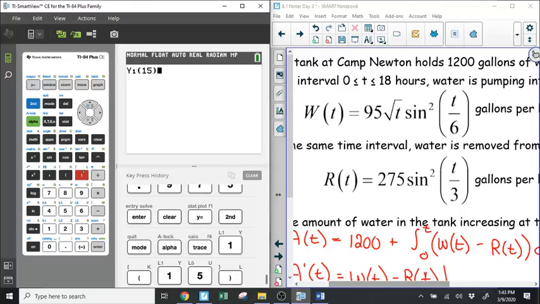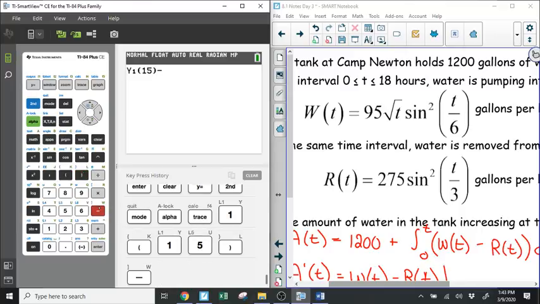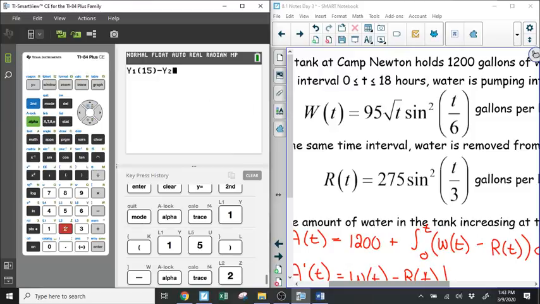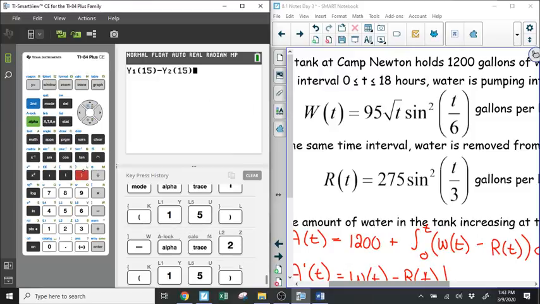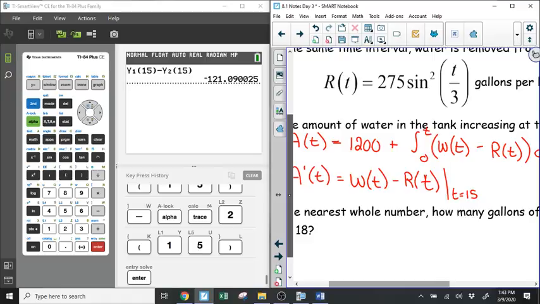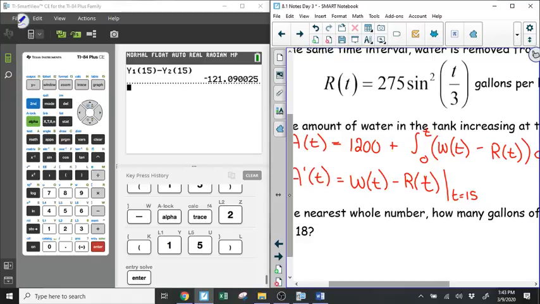That's what we want, except we also want y2, r of t evaluated at 15, so go grab y2, evaluate it at 15 also. And our calculator will do that for us a lot faster this way. Okay. And then we just have to interpret what that's telling us, okay? So if our derivative, which we just evaluated, comes out to negative 121.09,